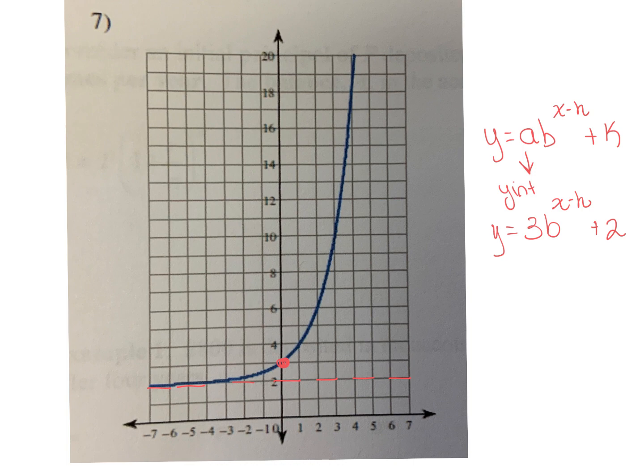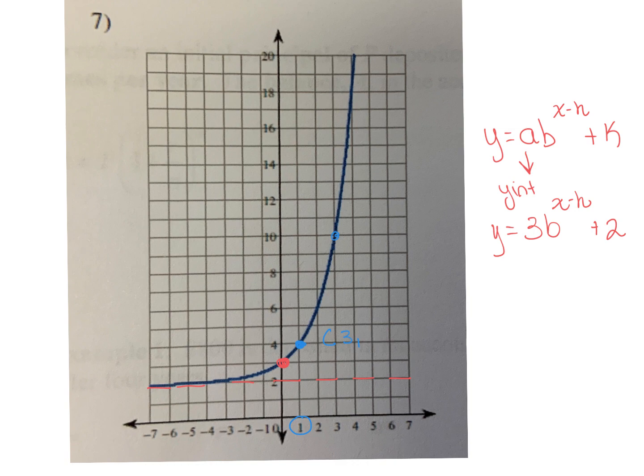Unless it says that it's been shifted, we can make a case that it has not been shifted, because I can't prove that it has been, but I can take another point. Any other point, that's a pretty one right there. Or maybe this one, but I'm gonna use that one right there because it's a lot easier. The scale down here at the bottom is 1. So this ordered pair right here is 3,